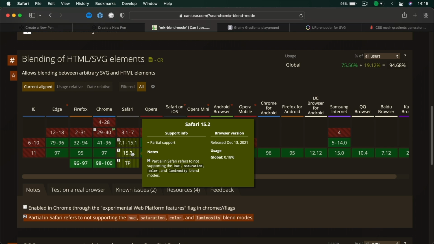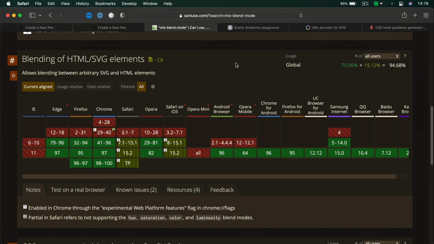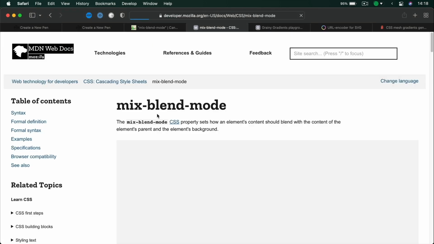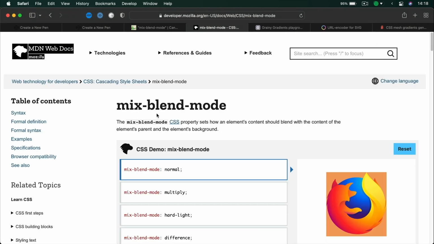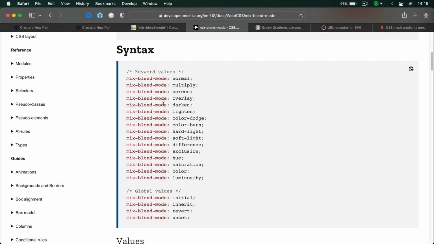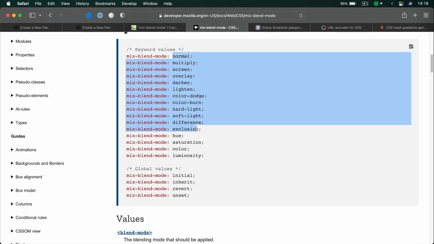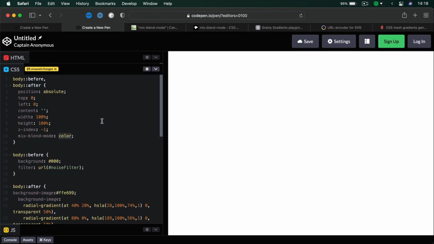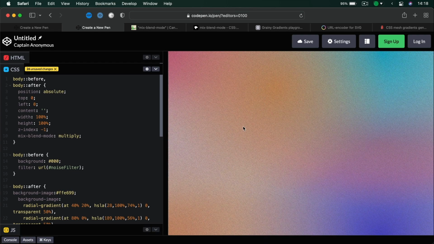So it doesn't support hue, saturation, color, and luminosity. But there are several other blend modes. If we go to MDN under mix blend mode, we can see the full list right here. Let's go, for example, multiply or screen. So instead of color, if we choose multiply, then these two elements will blend together, the noise and the gradient